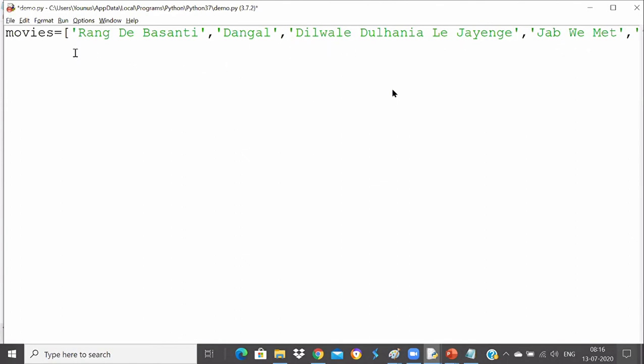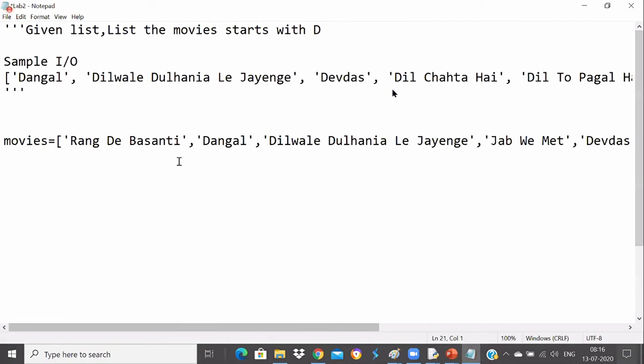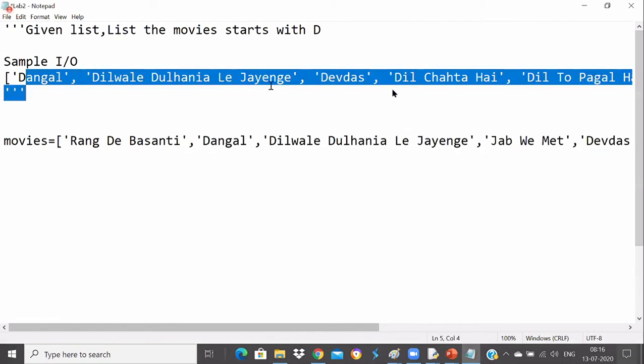What you need to do is write a program so that you get only the movies which start with D. From the given movie names, I just want to print the movies which start with D. This is called filtering actually. So filtering means, like in my previous example as well,